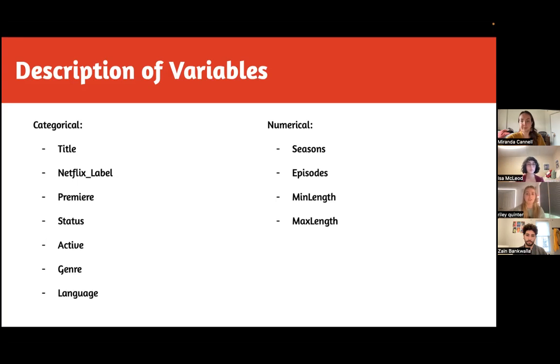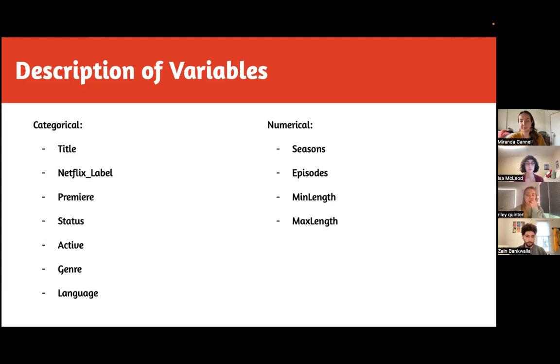Shows receive more niche descriptors like crime drama, sitcom, anthology, and others that are then presented to audiences by their watch history and interest. Premiere shows the date at which the series first aired. Status shows whether or not a show is renewed, pending, ended, or if a show was a miniseries. Active shows whether or not a show is actively in production and making new episodes, and it's a binary categorical variable. So a 0 corresponds with a false and a 1 corresponds with a true.